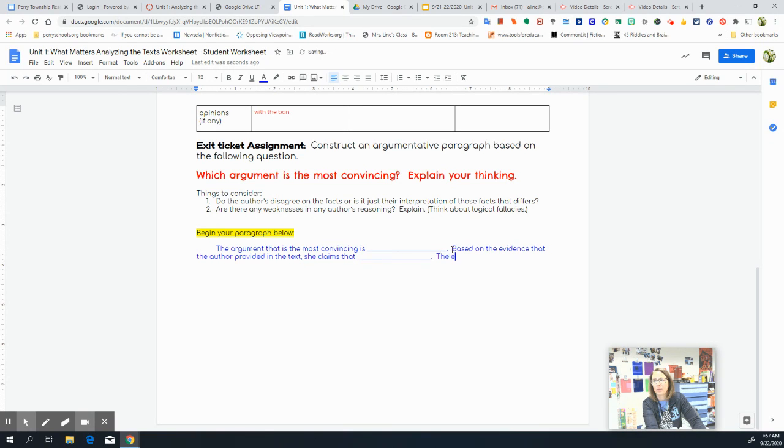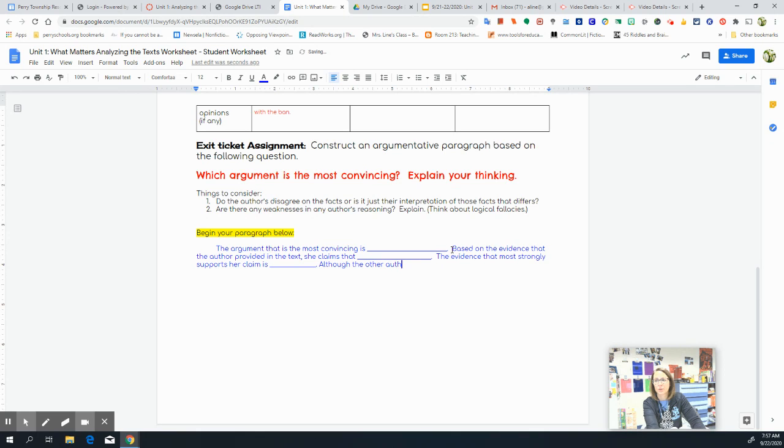And then the evidence that most strongly supports her claim is, and then I'll fill in the blank here, okay? And then you say, however, thinking about the counterclaim, or you can say, although the